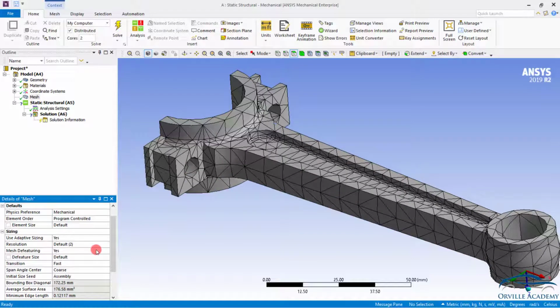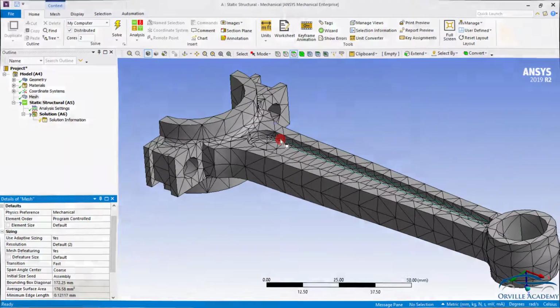Next option under the adaptive sizing is the span angle center. The span angle center sets the goal for the curvature based refinement. For a curved region, the mesh will subdivide along the curvature until the individual element spans this angle. To visually feel how the span angle center will affect our mesh placement, let us again open the PowerPoint.